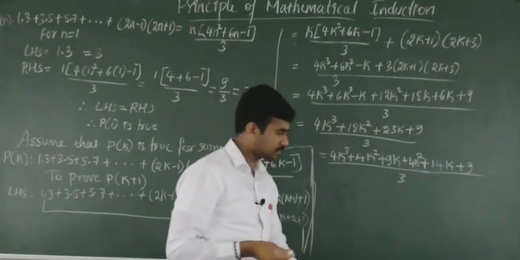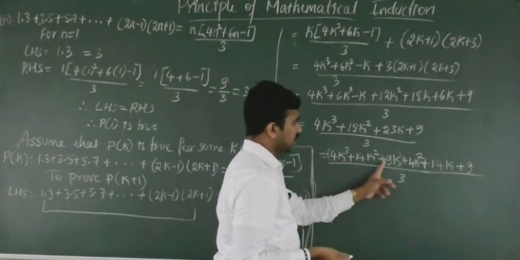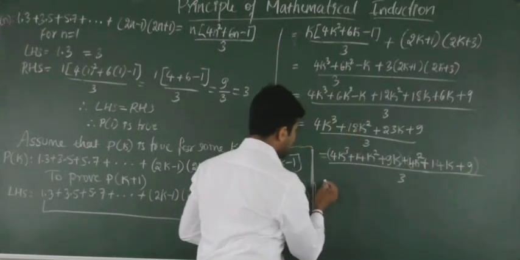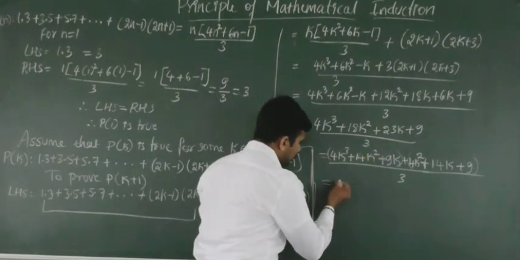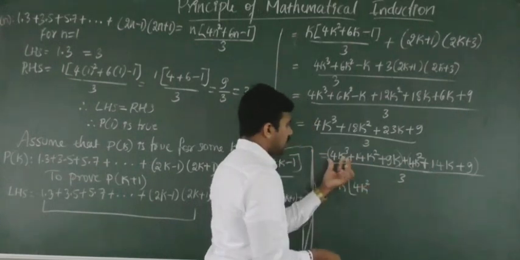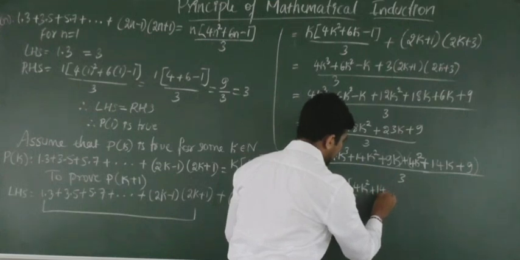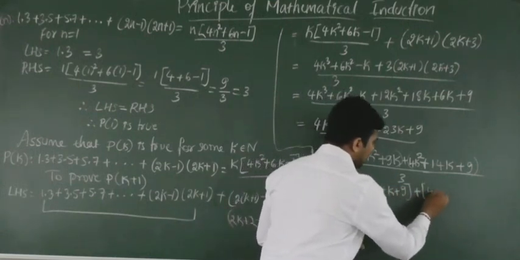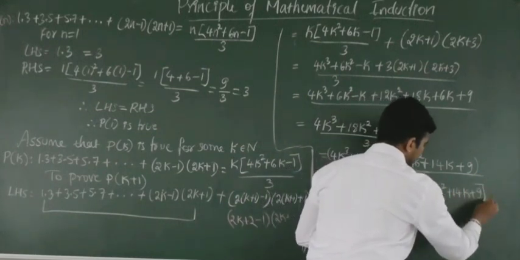Okay, see now here in these 3 terms we have 4, 14, 9. Here also 4, 14, 9. I will look at this separately. Now what is the difference of this? We have here k extra. So if you take k as common, we'll get 4k square plus 14k plus 9 remaining. Similarly here also we have 4k square plus 14k plus 9, whole divided by 3.